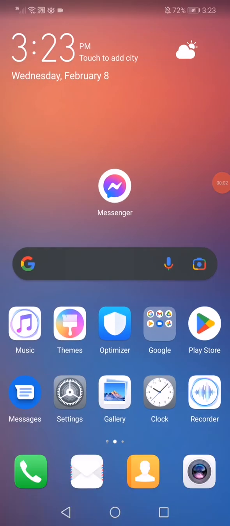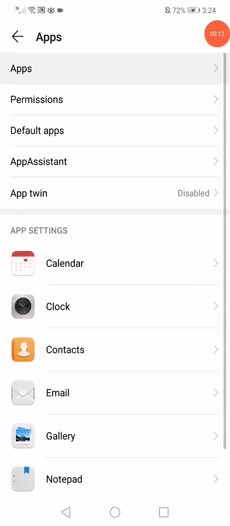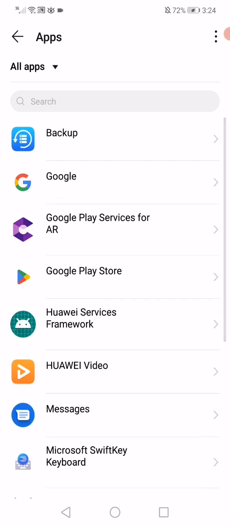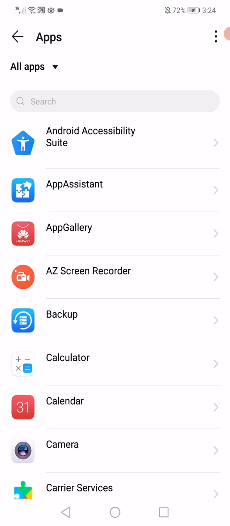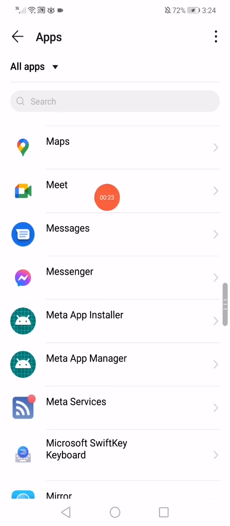In today's video, guys, I'm gonna show you how to fix the Facebook Messenger "something went wrong" error in less than 1 minute. First thing, open the settings and then go to the apps manager. When you open the apps manager, now on this page you will find every single app you have on your phone. Wait a few seconds and after that scroll until you find the Messenger right here and then click on